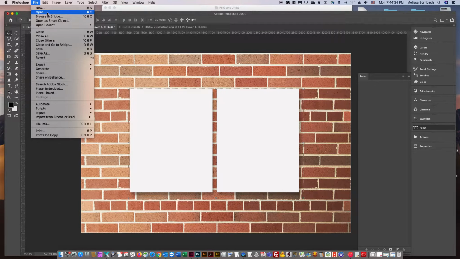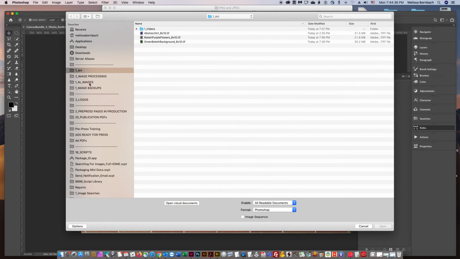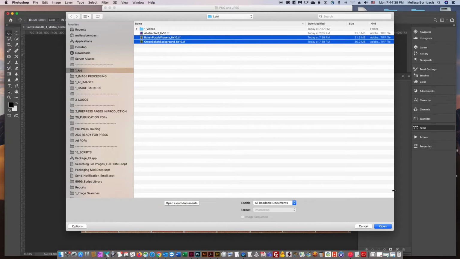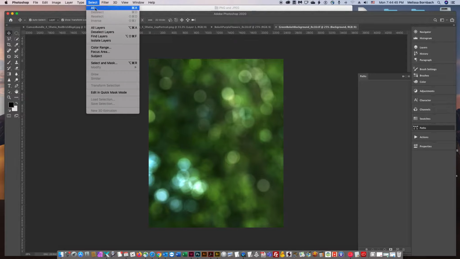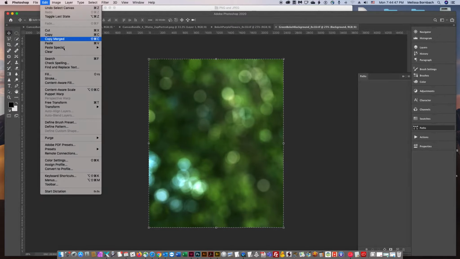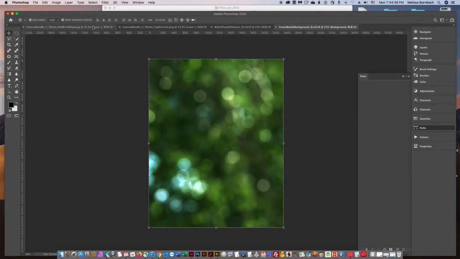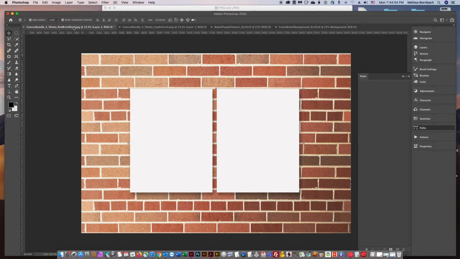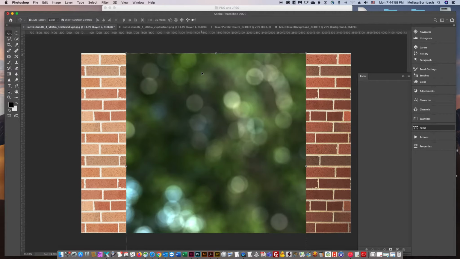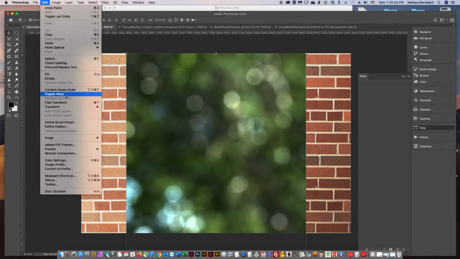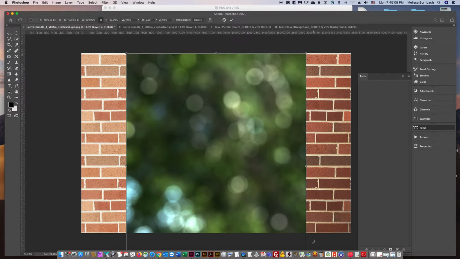So go to File, Open, and find your art, and open that in Photoshop. And then once again we're going to go to Select All, Edit, Copy, navigate back to our background and layout, and then go to Edit, Paste. So we want to resize that, so go to Edit, Free Transform,